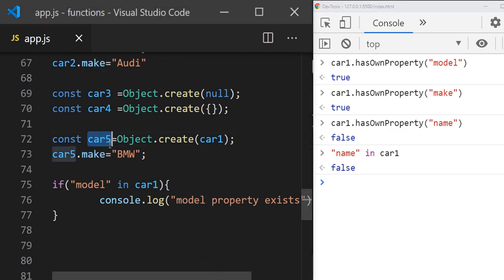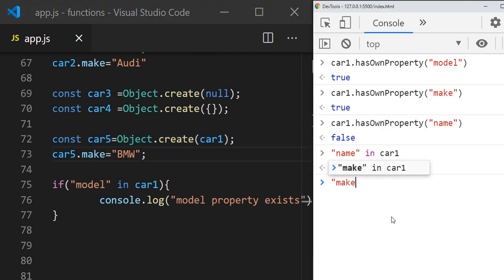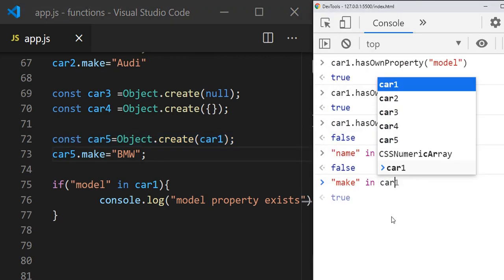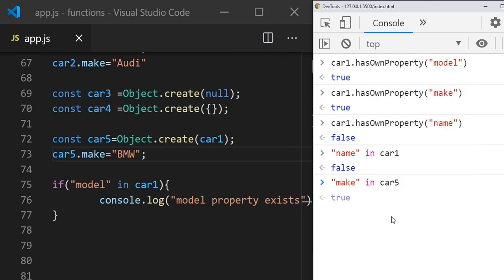Now let's check car5. Car5 we created out of car1 using the Object.create method. "make" in car5 is giving true. So car5 has make, and let's say model, instead of make, it is still giving true. Why?